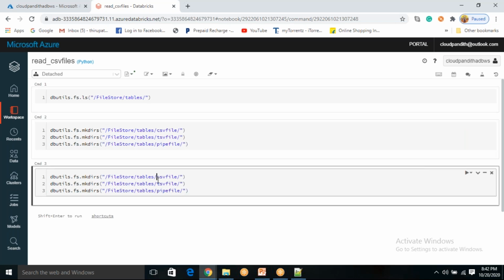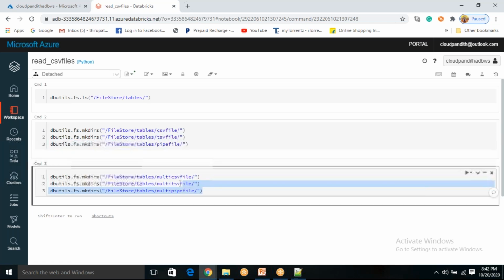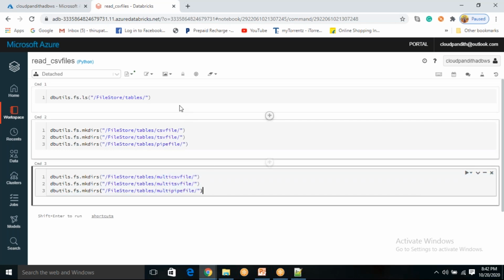For that, I'm going to create three more folders: multi CSV file folder, multi TSV file folder, and multi pipe file folder. In the first three folders, I will upload a single file, and in these three folders, I will upload two files.